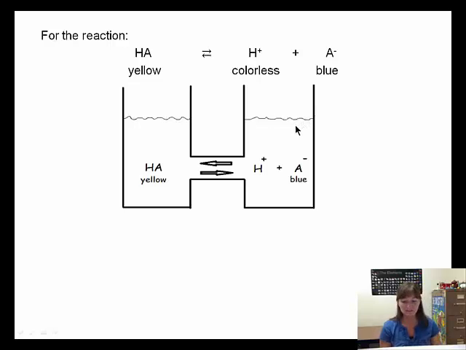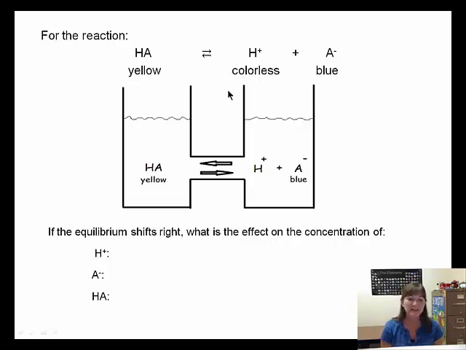And I want you to tell me this: if this equilibrium shifts to the right, so we are shifting to the right, where my acid here is breaking up more to make the hydrogen ion and the anion, what is the effect on the concentration of the hydrogen ion, the anion, and the HA? So I want you to visualize this aquarium where this water here on the left